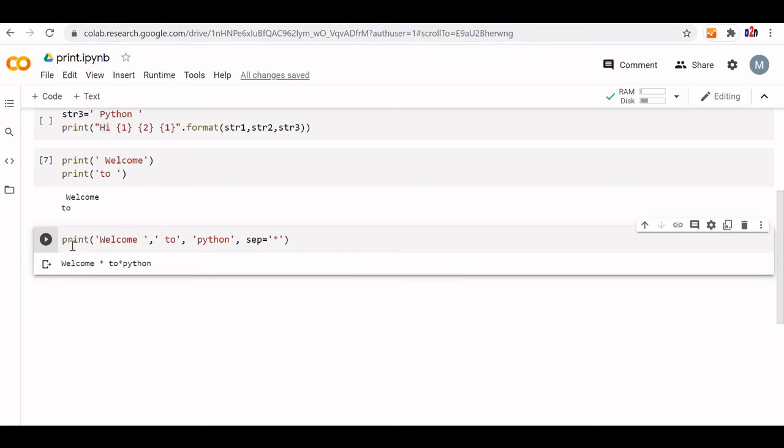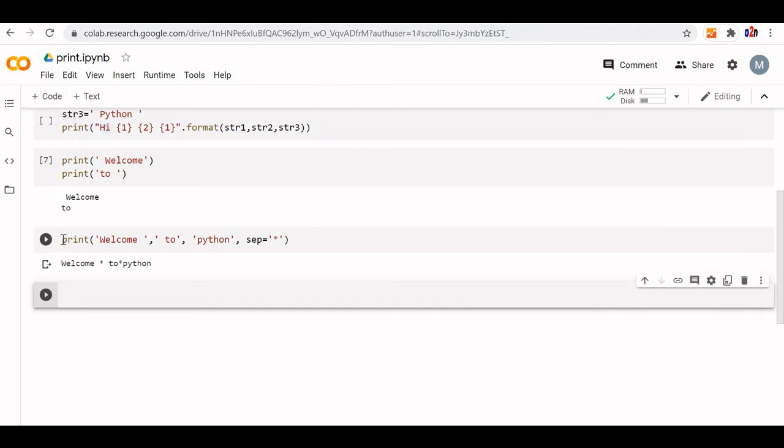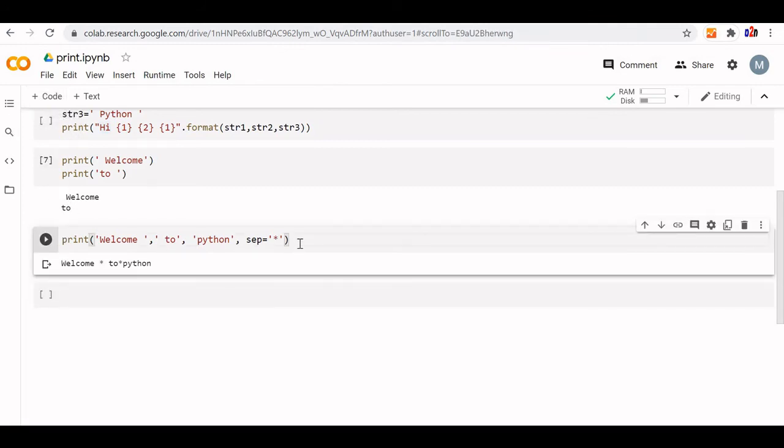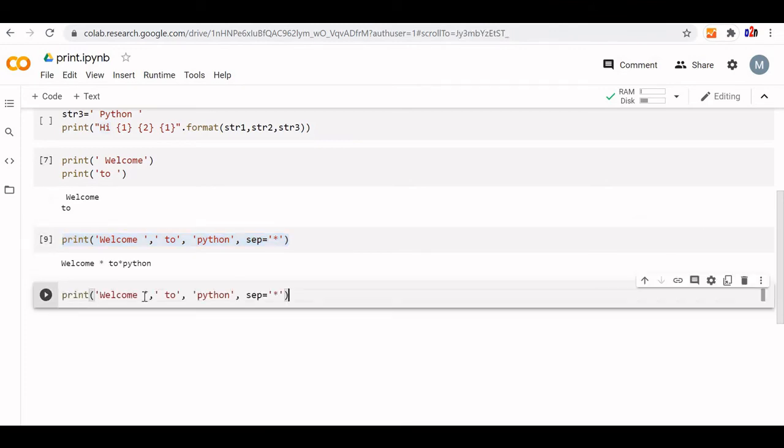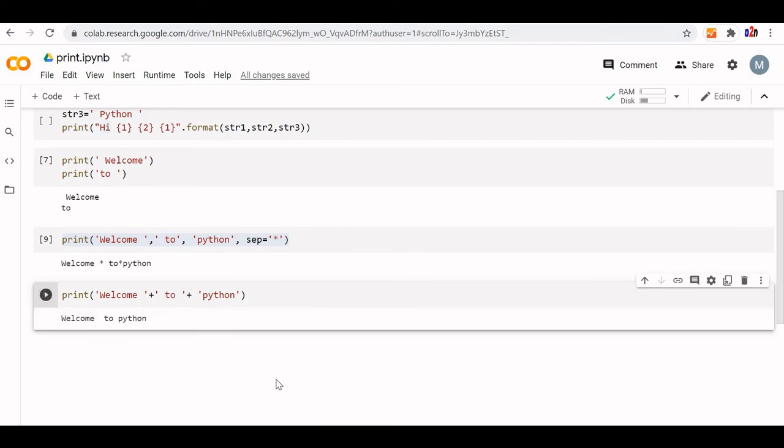We can add multiple strings and print them also. Let's see how we can do that. Let me just copy this code and print it here. Now what I will do is use a plus symbol here, plus, no separator please. Nothing great, I am just adding the strings here. So let me print this. Result: welcome to Python. Fine.